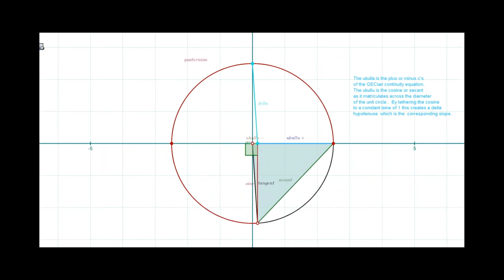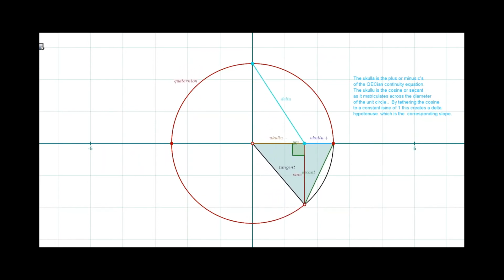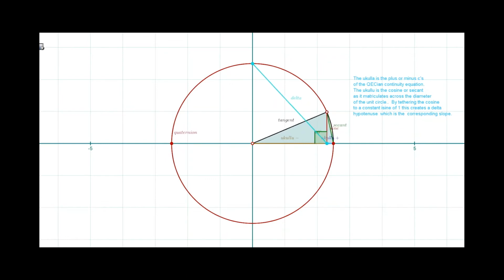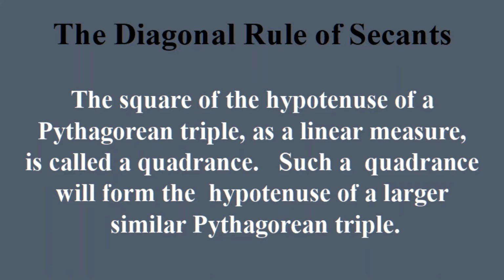But the ukulu and secant were supposedly interpreted as being angleless. Thus, for both Babylonian and Kemetian calculus, calculations were made along the base or cosine or sagitta, thus bypassing any direct angular considerations. Computationally, the Babylonians employed the diagonal rule of secants, and their version of Euclid's formula to produce